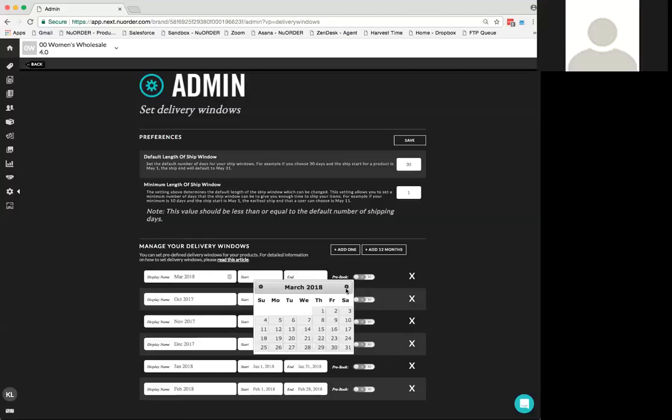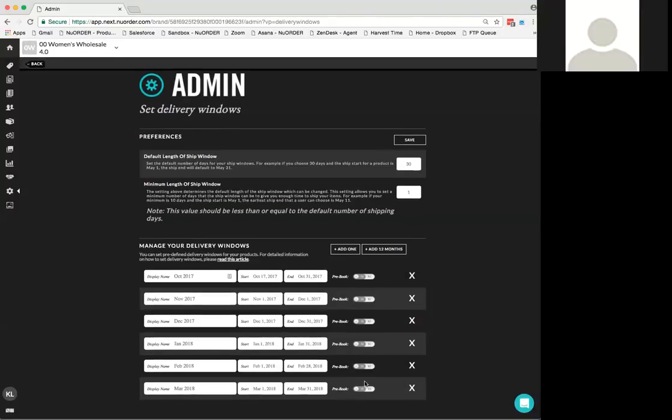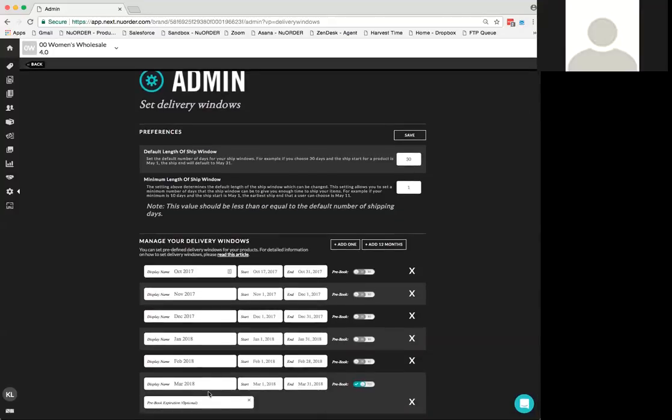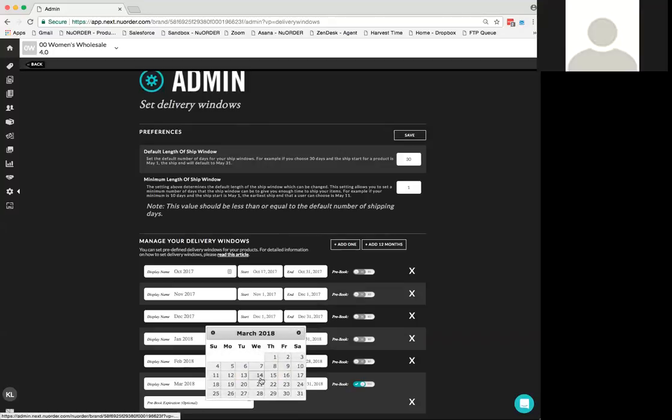Now what you can also do with these delivery windows is set them up as pre-book. To do that, just toggle this pre-book field on, and then this will automatically become a pre-book delivery window. Once you toggle it on, this pre-book expiration dialog box will pop up, and this gives you the option to set an expiration date. If you decide to do that, you can select which date you want your pre-book to